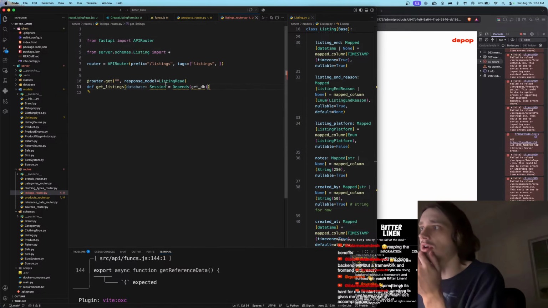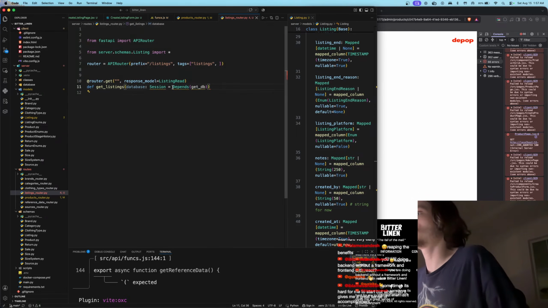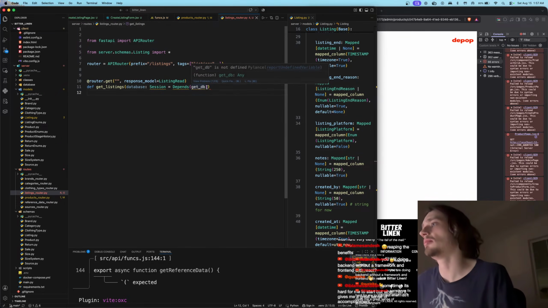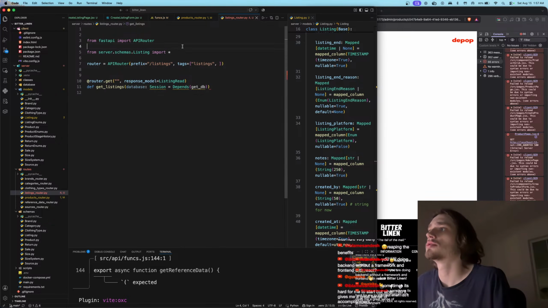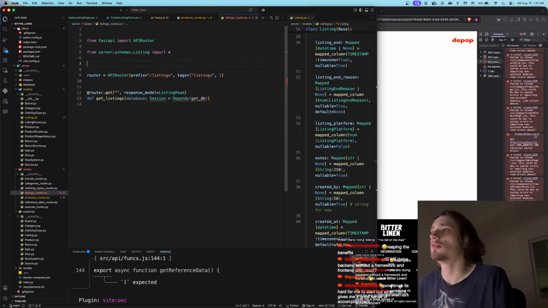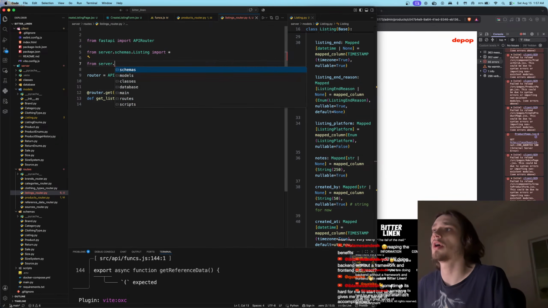So what I did here was it's a type of session, which is returned by a function called get_db, dependency on my function get_db, right? I might say that terribly, but we're gonna do from server.database.engine import get,